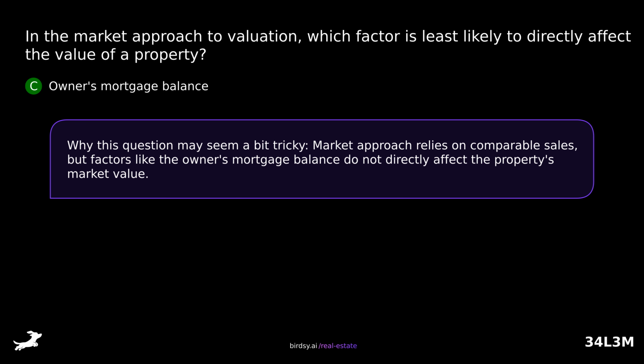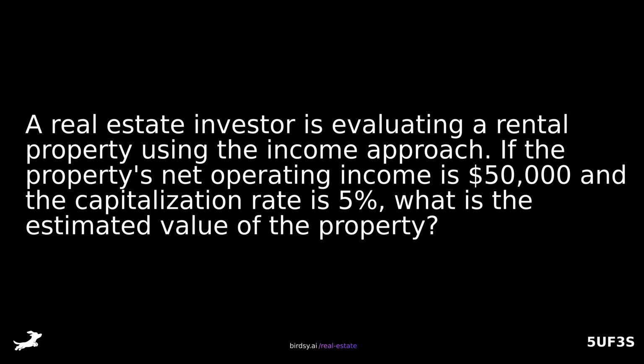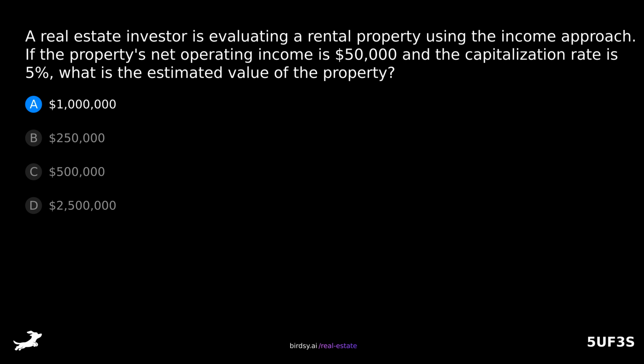Why this question may seem a bit tricky: the market approach relies on comparable sales, but factors like the owner's mortgage balance do not directly affect the property's market value. A real estate investor is evaluating a rental property using the income approach. If the property's net operating income is $50,000 and the capitalization rate is 5%, what is the estimated value of the property? Is it A, $1 million, B, $250,000, C, $500,000, or D,